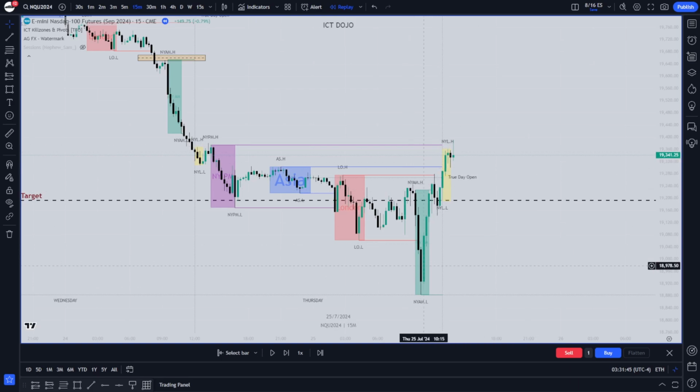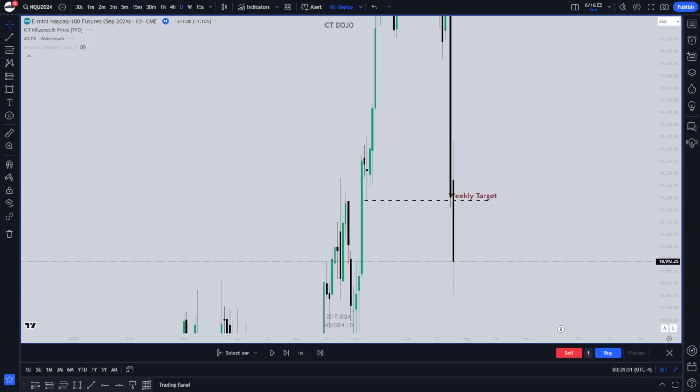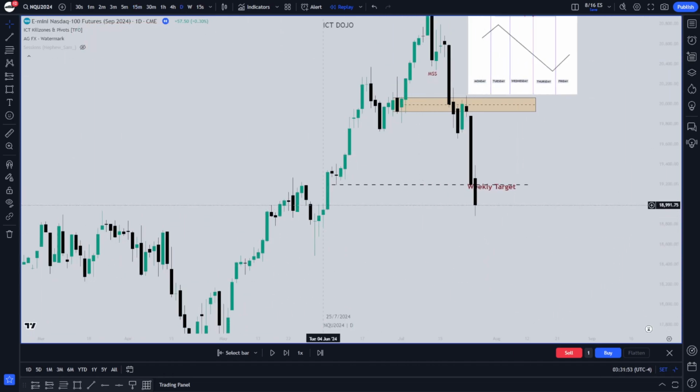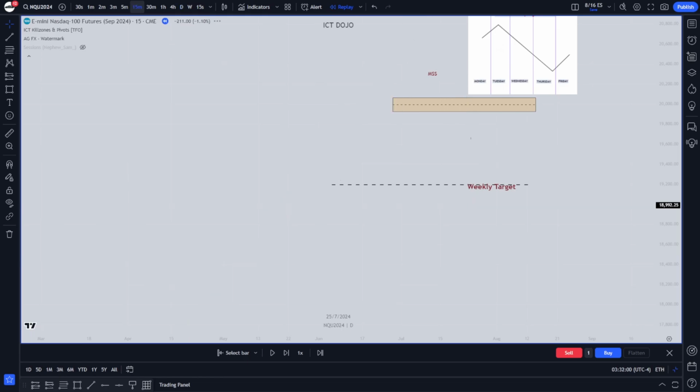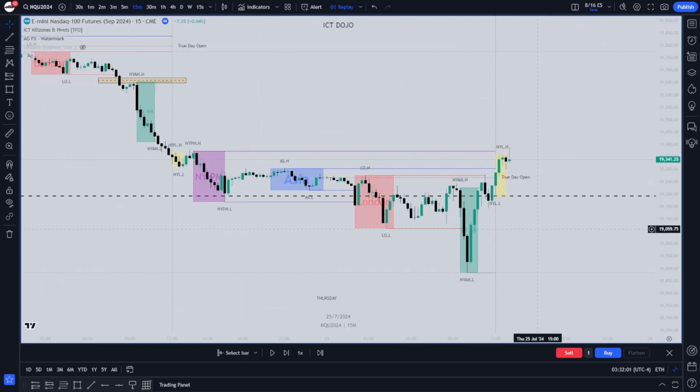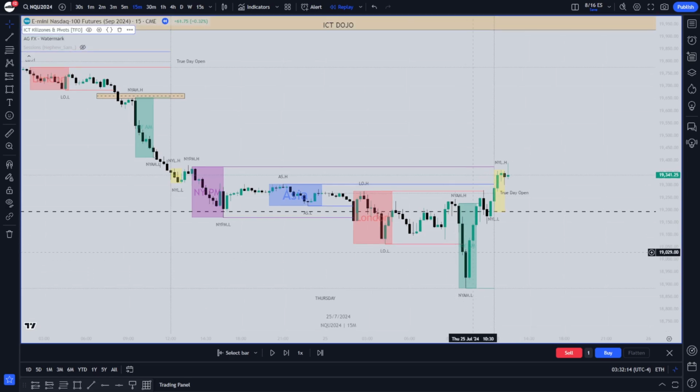Now, I saw many people trying to short this move, thinking we're going to continue. But as I discussed, we already hit our weekly target. We're trading into a bullish PD array right here. There's a good chance we're going to see some sort of retracement. Even if it's not all day, we're simply trading a scalp, which is the silver bullet, right, from 10 to 11. So I guarantee you're going to find some kind of bullish fair value gap to trade up into this